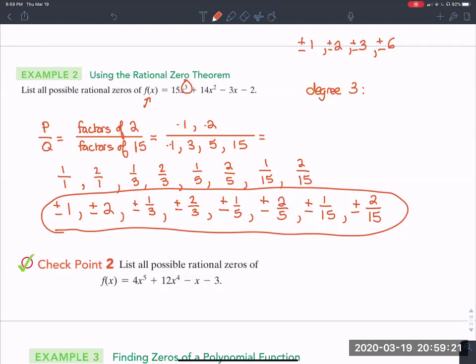So the way we look at it is, okay, what's the possibility? We can have 3 rational solutions, or we can have 2 imaginary solutions, because remember, imaginary come in pairs, and 1 rational, or we can have 2 irrational and 1 rational. Notice we can't have 2 imaginary and 2 irrational because that means we would need a degree